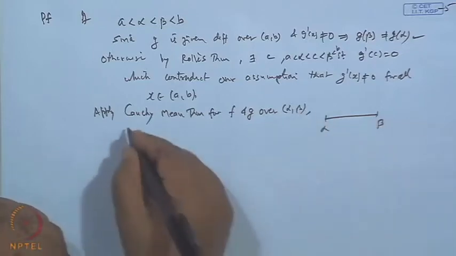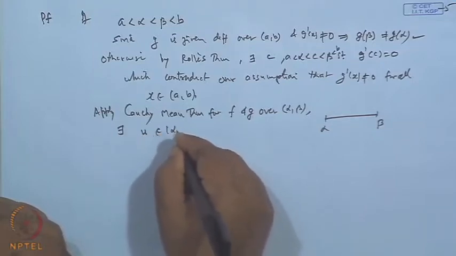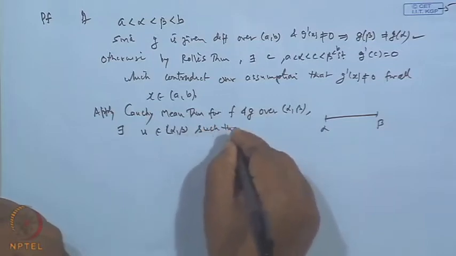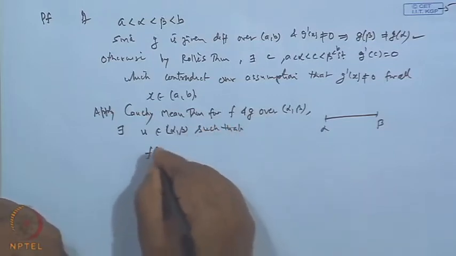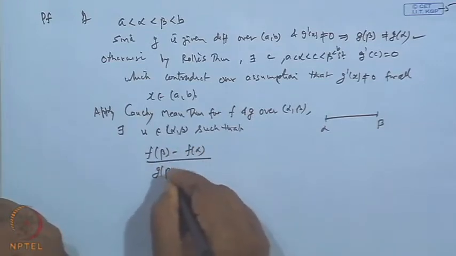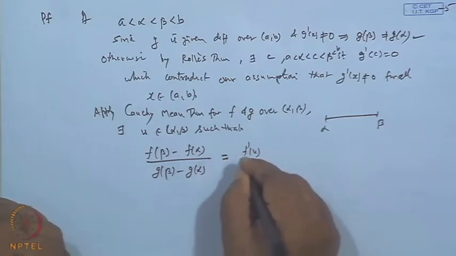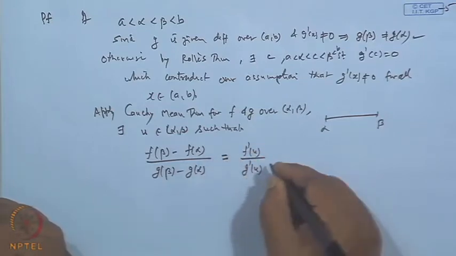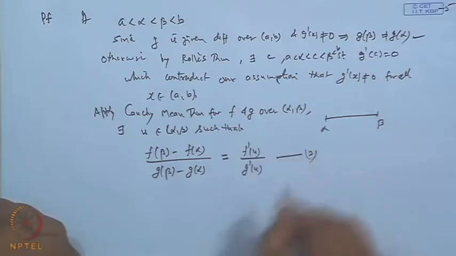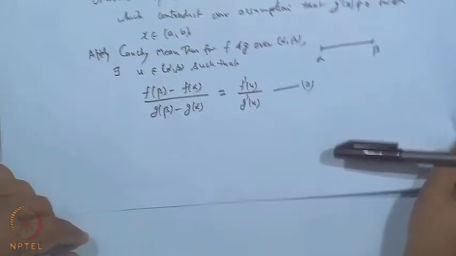So, by the mean value theorem, there exists a u belonging to alpha beta such that f beta minus f alpha over g beta minus g alpha is the derivative ratio f prime over g prime for some u. Okay. Let it be 2. Clear? This is by the theorem. Now, let us take the case 1,